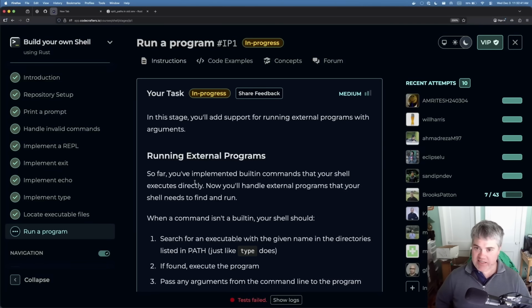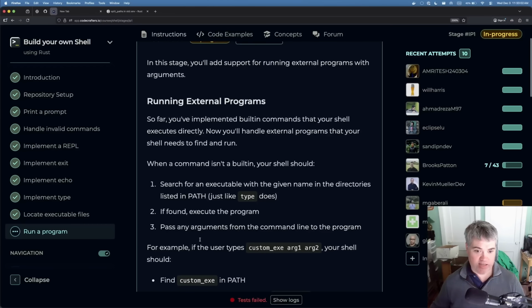In this stage, you'll add support for running external programs with arguments. So far, you've implemented built-in commands that your shell executes directly. Now you'll handle external programs that your shell needs to find and run. When a command isn't a built-in, your shell should search for an executable with a given name in the directories